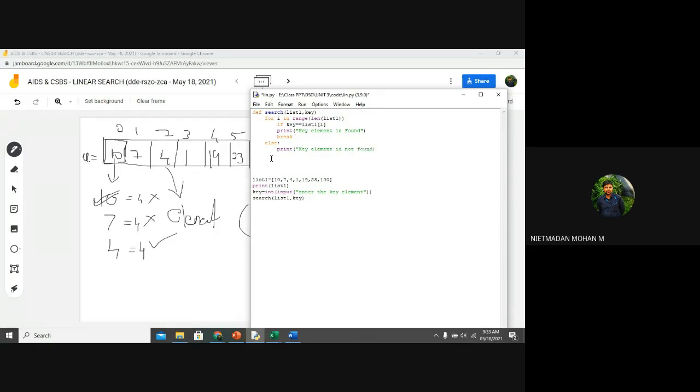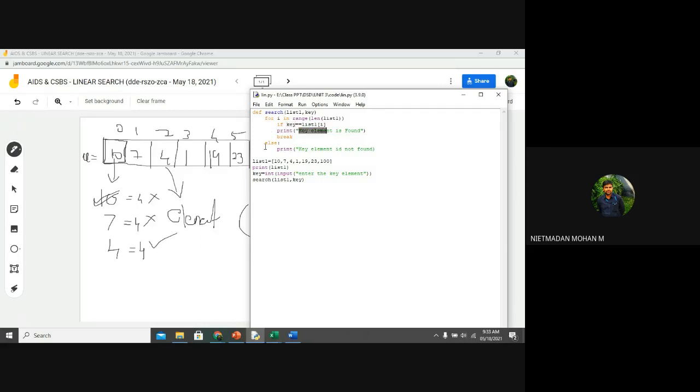This is the one thing you need to remember: we are using a for loop over the length of a list. The for loop starts from 0 to the length of the list, takes each individual element, and compares it with the key element, and if it is true, it will print.